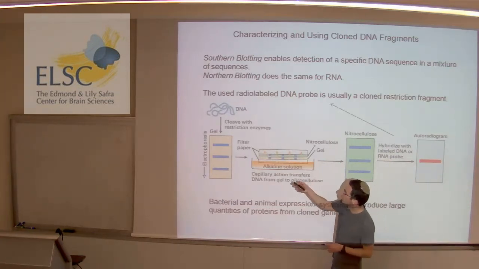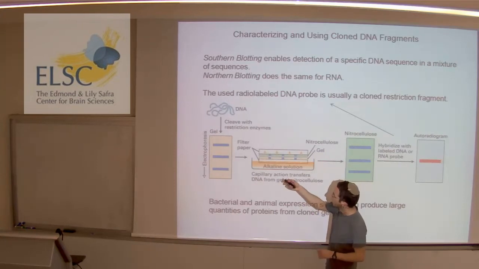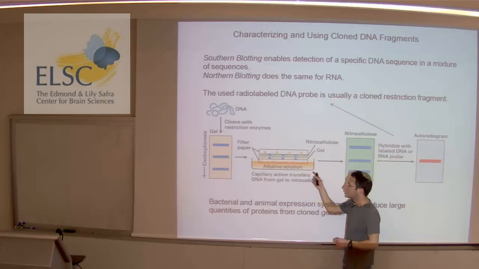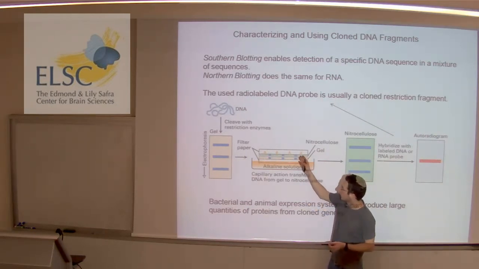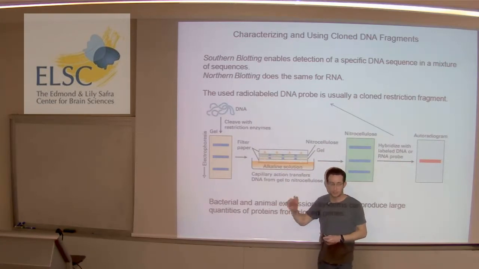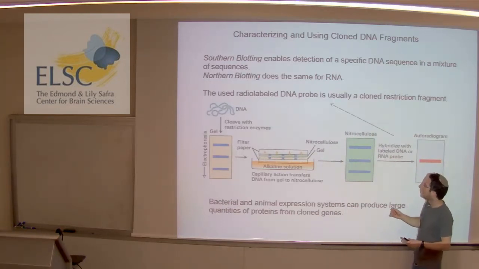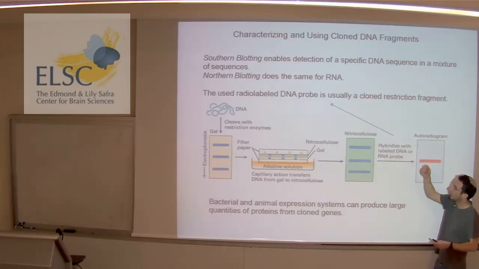You start with a mixture of DNA that you've extracted from certain brain regions, say, and then usually again you start with electrophoresis, separation by size. In order to use the probe, you have to transfer the molecules from the gel to a blot, to a nitrocellulose, most usually, and you do that by applying a vertical electrical force that's similar to what we talked about in the protein case, in Western blot. Then you get a blot on the nitrocellulose, and you can then use the radio-labeled cloned DNA fragment